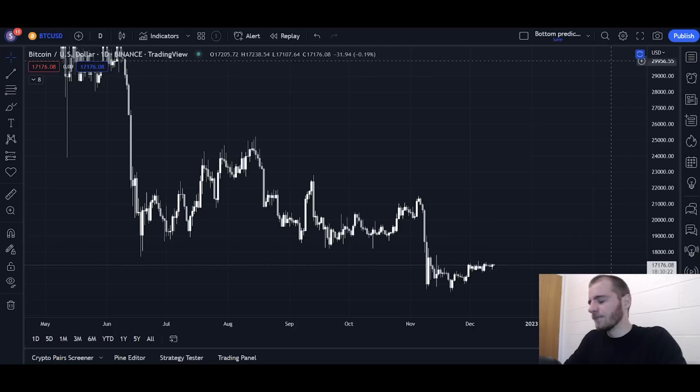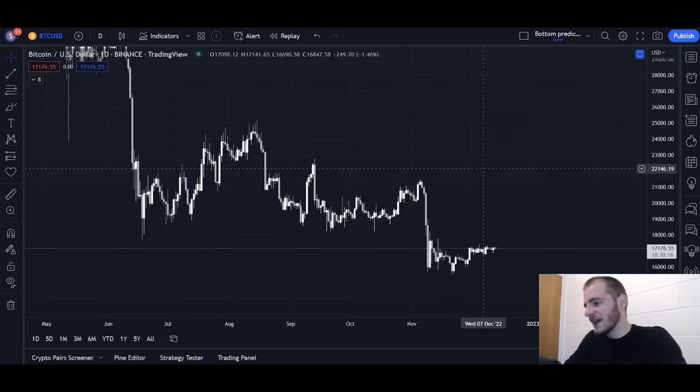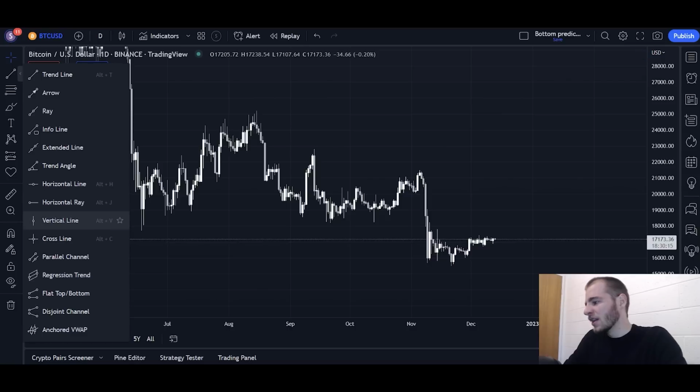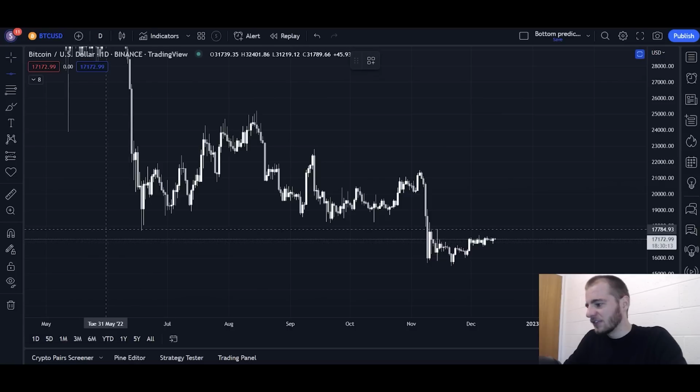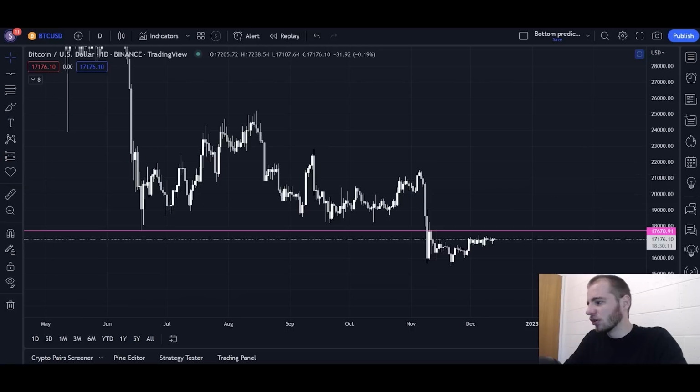Fresh Bitcoin chart. Starting off with this, fresh Bitcoin chart. What are the critical levels in this chart? Well, I can tell you right now what the critical levels in the medium term are. The first critical level in the medium term is 17.6K. That is the June low. That is where we went in June of this year. That's where we tested the low. We held that low for a period of almost 5 months before finally dropping down.